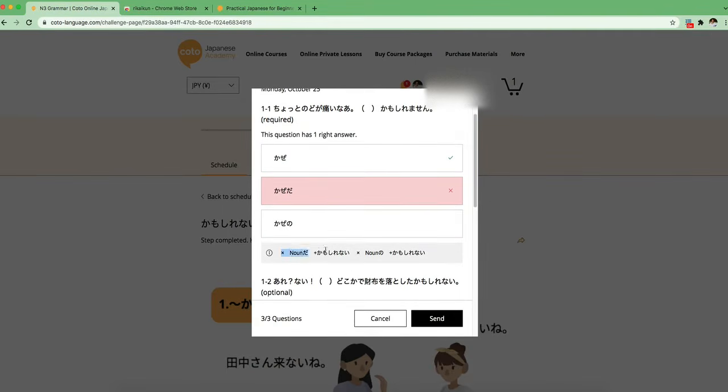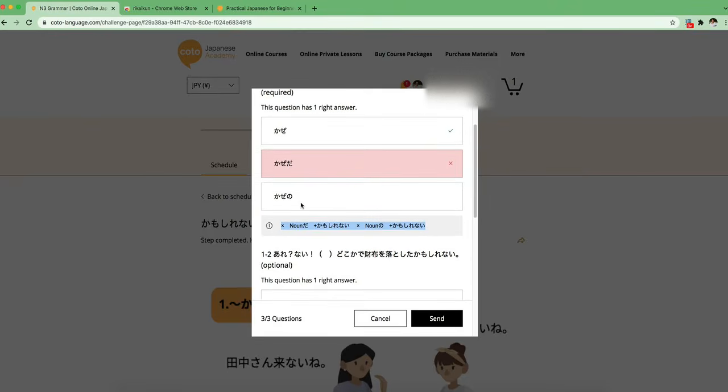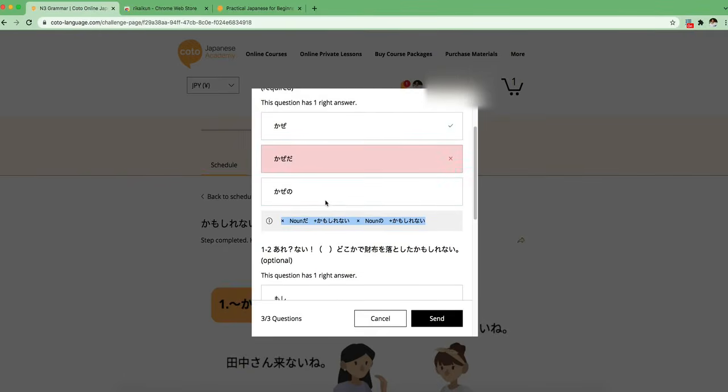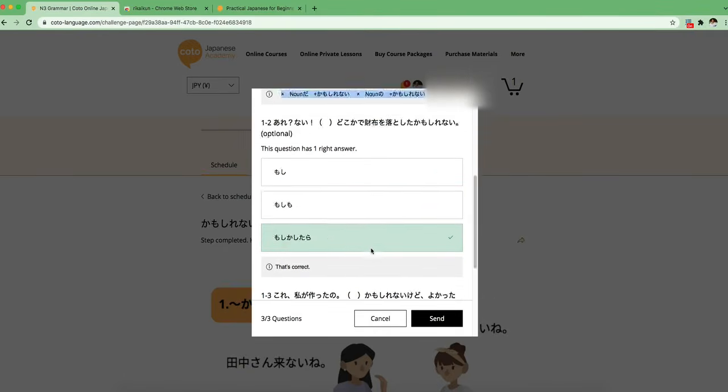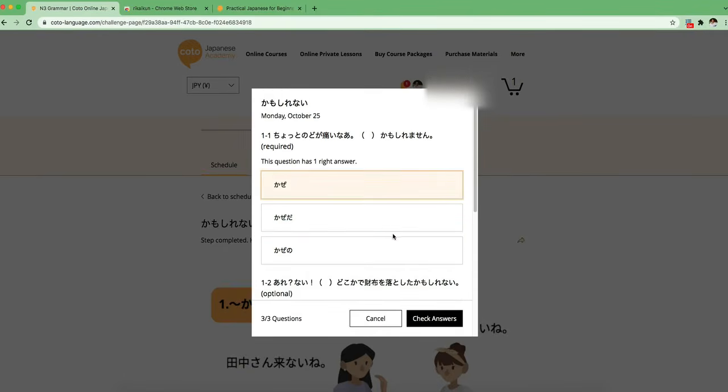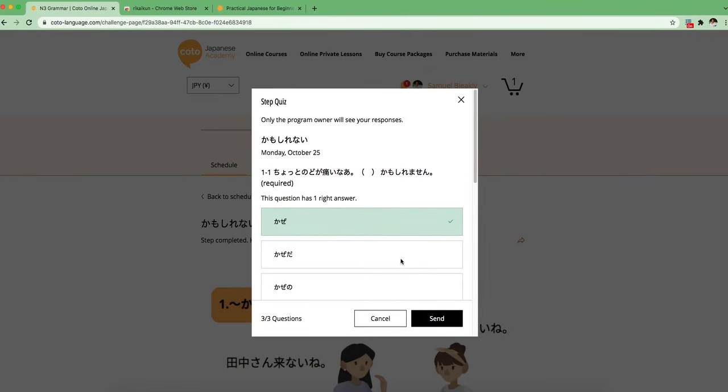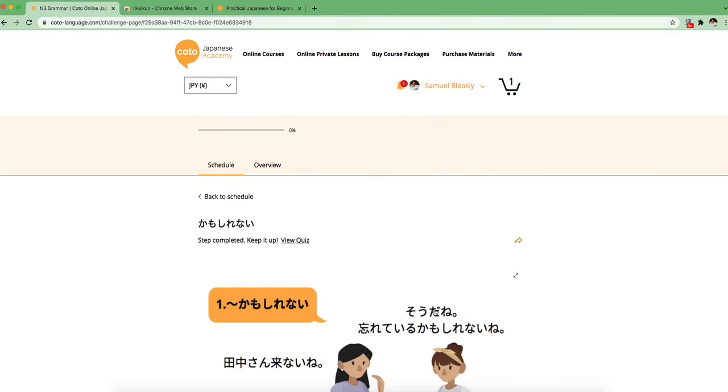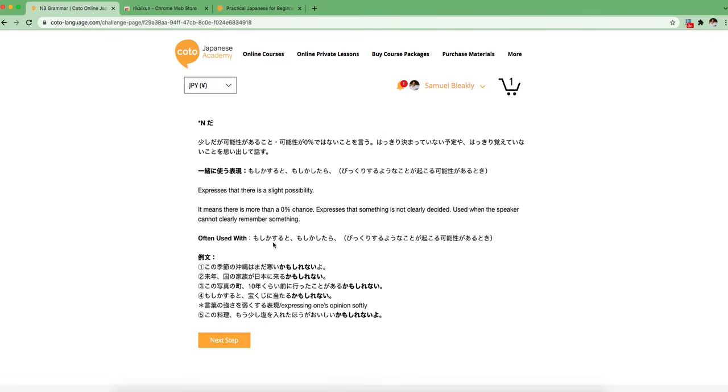So this gives you the usage rule here and says, sorry, this is wrong because you can't do kaze da. You can't do noun plus da. It just has to be the noun. So we fix that and we say kaze. And we check our answers again, and we have a perfect score. So we can send this quiz and move on to the next